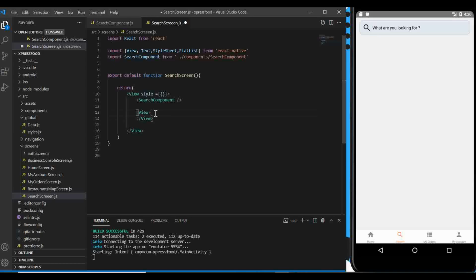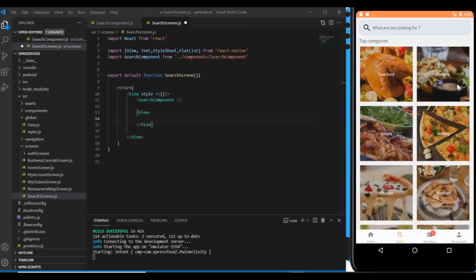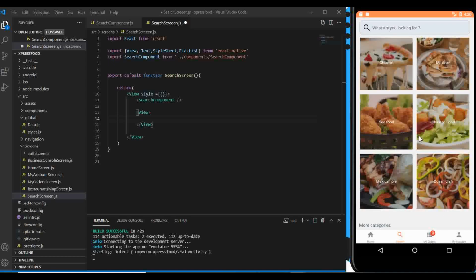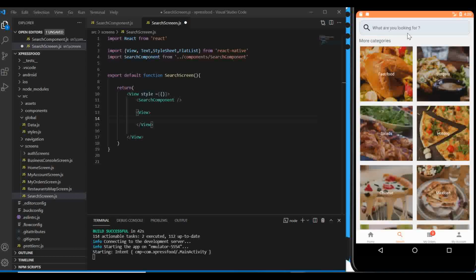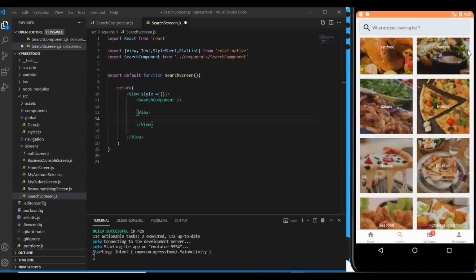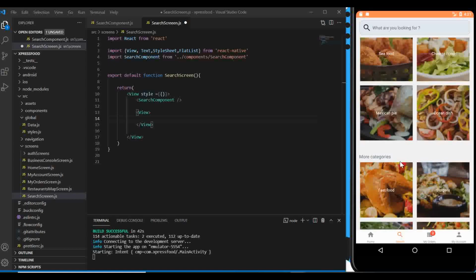And now let's implement these suggestions, this layout, which is very important. It's a bit tricky because we have two categories, two layouts, and we have all of them in a scroll view. So you have to handle this with a lot of caution,